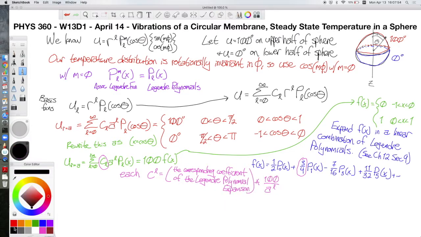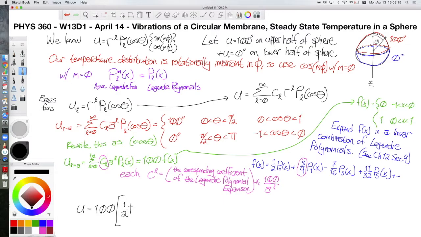Which means we can now write the final answer for this problem, and that is u equals 100 times a slightly modified version of our Legendre polynomial expansion from above,